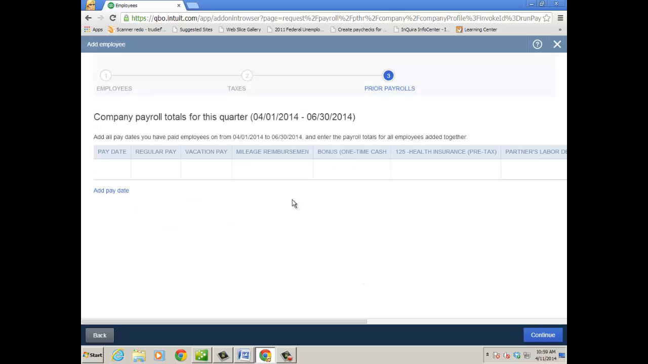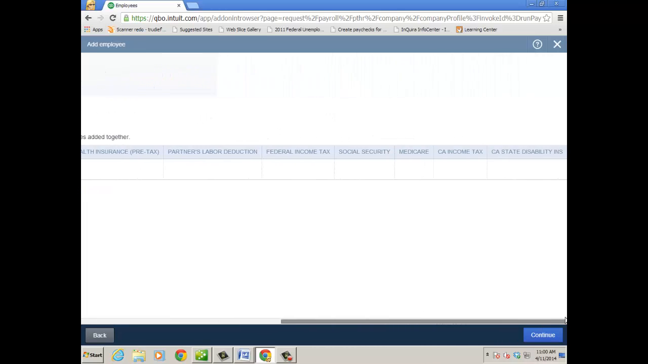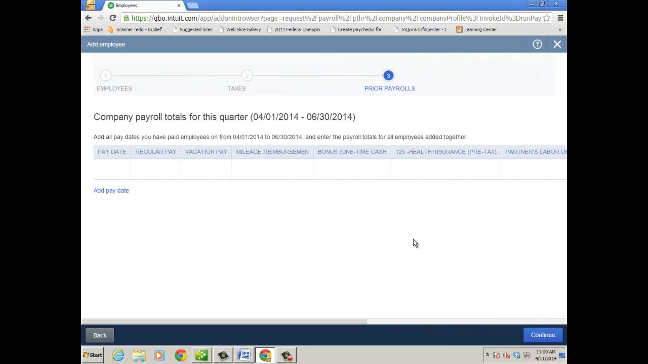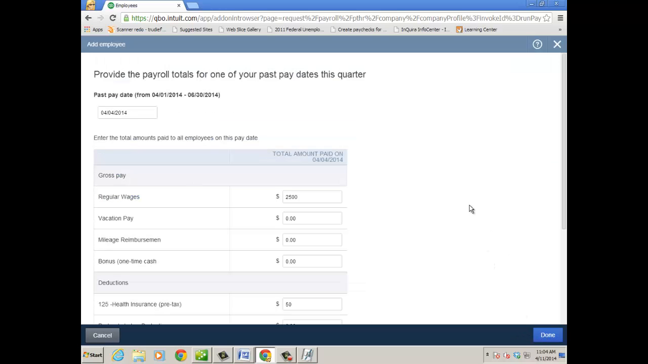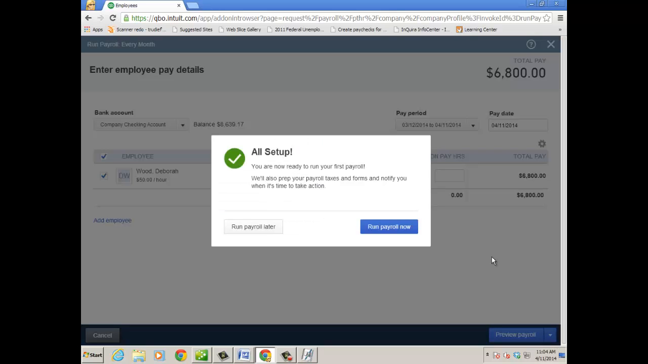And next, you're going to fill in the company payroll totals for this quarter. Regarding pay date, regular pay, vacation, mileage reimbursement, bonus, healthcare, all the particular liabilities and payroll expenses that you have for the company liability section. Go ahead and click continue. So you'll see a window to provide the payroll totals for one of your last pay dates at 8/4/2014. You put in the total amount paid from the company's perspective and go ahead and click done. And then once that's done, you're all set up. You'll see the check mark, ready to run your first payroll, and you can go ahead and click Run Payroll